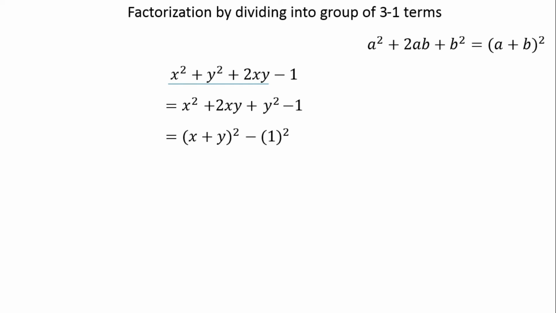So further we can have a square minus b square. Then further we can use the formula of a square minus b square, which is a plus b, a minus b. In this way we can do the factorization of this type of question. Let's see another question we have here.